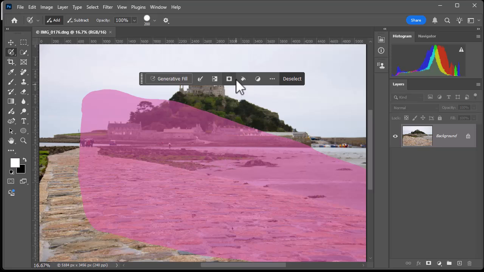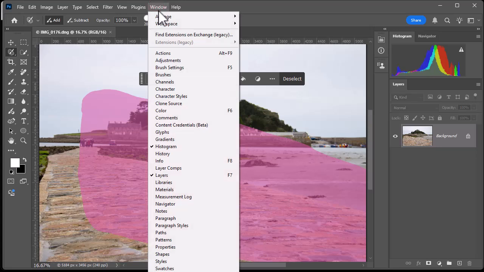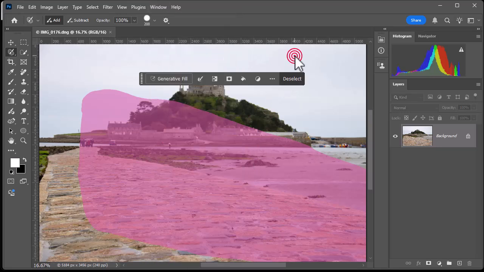Notice I've got the contextual toolbar switched on. This is this thing here. If that doesn't appear, you can simply get it by going into Window, scrolling down to contextual toolbar, which is near the bottom, and it will pop up. Right, so having got that there, that's roughly where I want my vehicle to go. I'll select generative fill. What do I want to go in there? Let's just type in